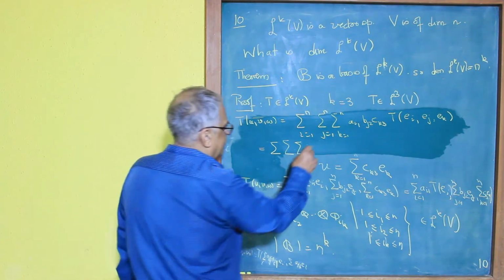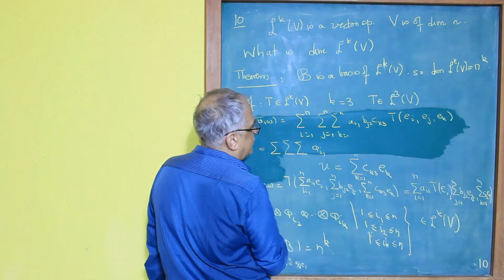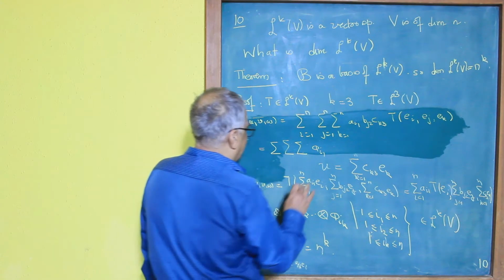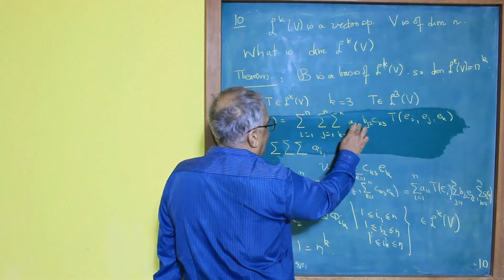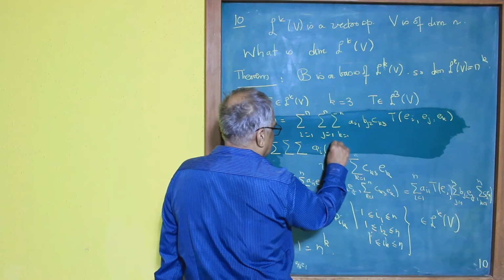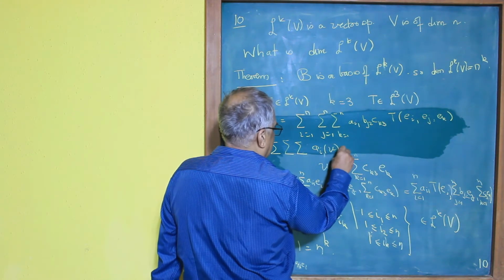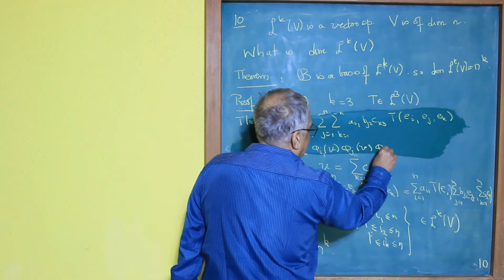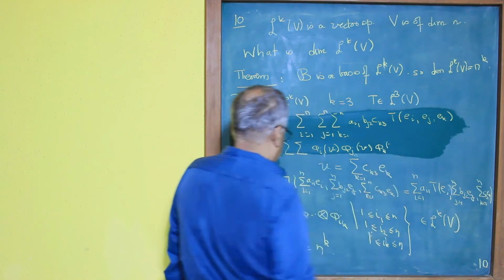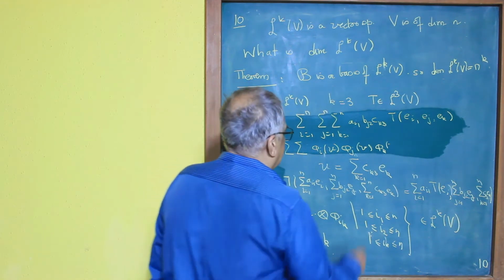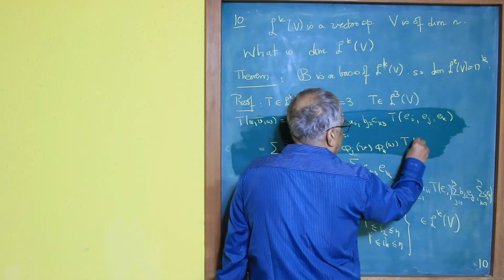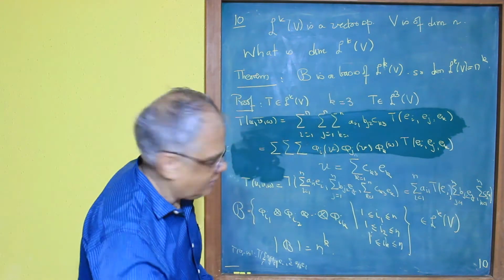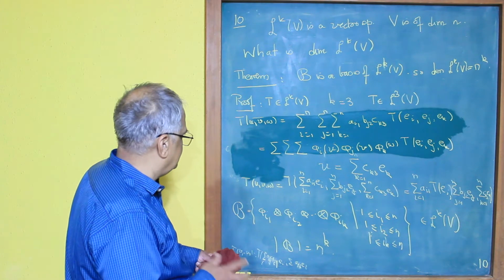This term here is phi_i of U, times phi_j of V, times phi_k of, what do I have here? W, times T of (e_i, e_j, e_k), which in turn is equal to...